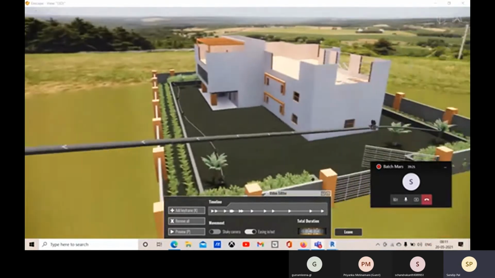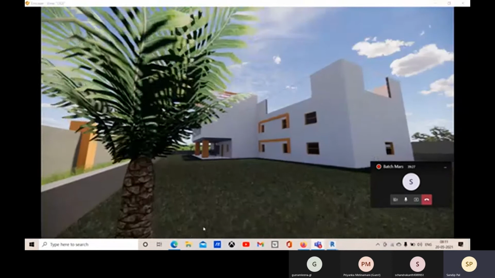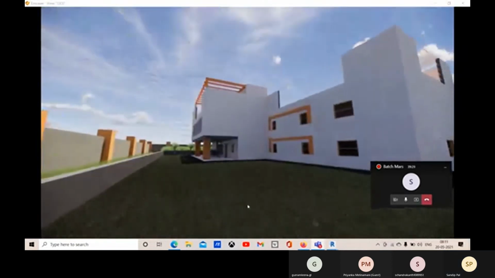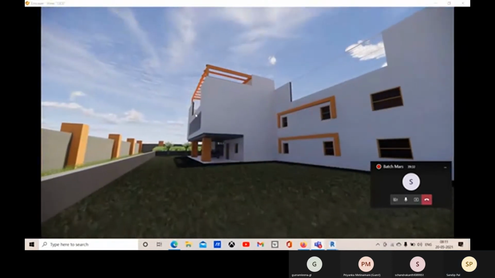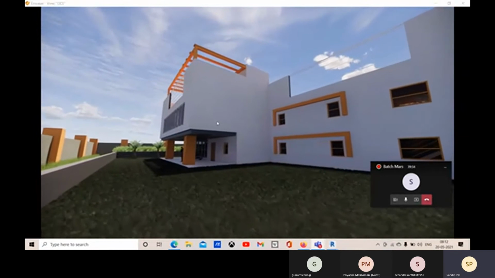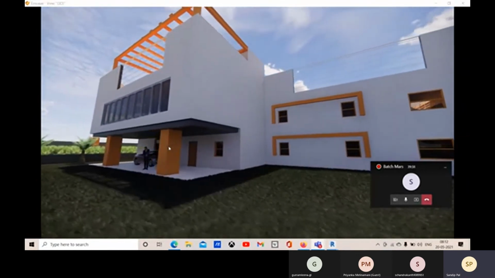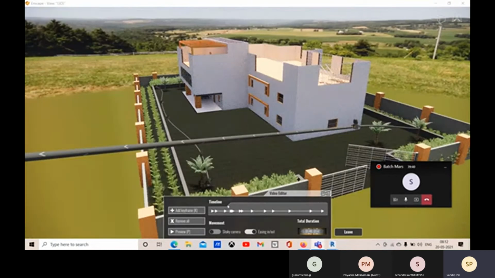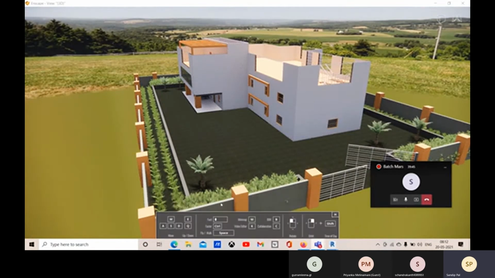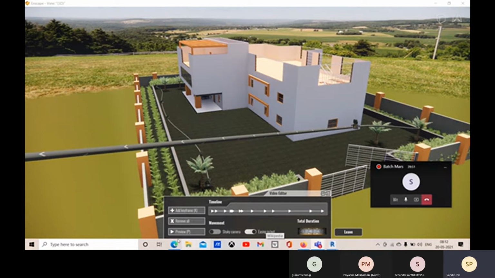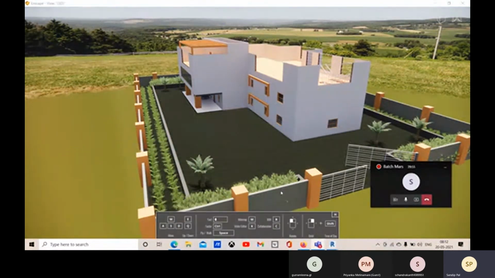Okay, and let's click on this preview. All right, now if you want to come back to the normal video editor mode, then press escape. Okay, and you can click on this leave. So don't worry about it. It is saved. You can come back to that video editor, and that is created. So you can leave right now.